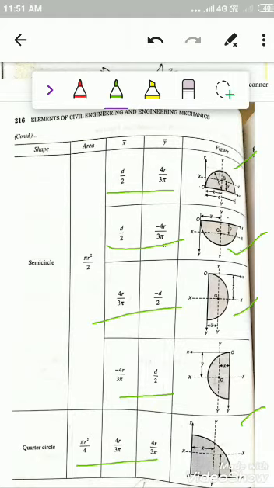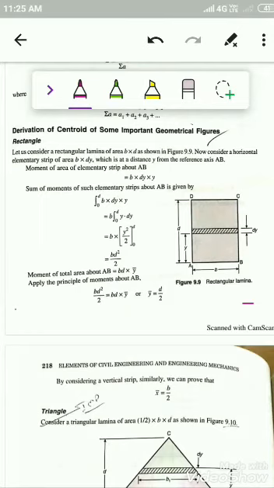Thank you. Hello students, welcome back to the session on the centroid. In the previous class we discussed some of the important parameters: centroid and center of gravity, axis of symmetry, and the reference axis as well as the centroidal axis. Here you will come across some important derivations. You may expect these derivations in the examination. That is the derivation of the centroid of some important geometrical figures.